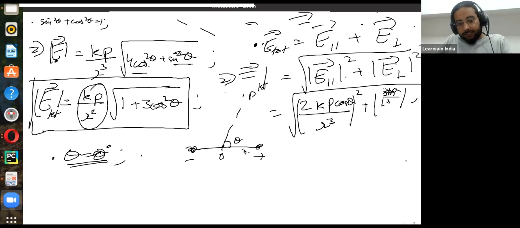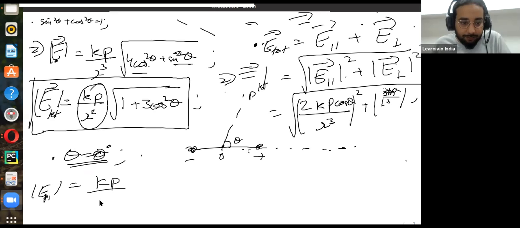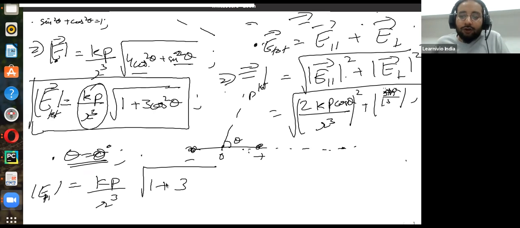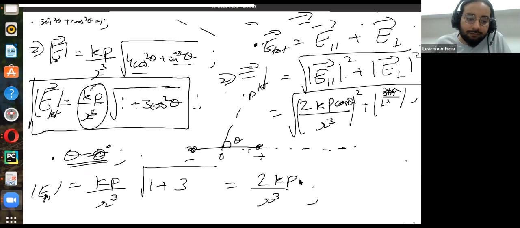then it's going to be the case when it's in the parallel direction. Let's check if that's true or not. The E total, we should get the E parallel case. That is what we expect. We get kp over R cubed, this is the cube here, sorry, times the square root of 1 plus 3. What is cos 0? That's just 1. So it's the square root of 3 plus 1. So essentially you get a square root of 4, which is just 2. 2 kp over R cube. Well, this works.